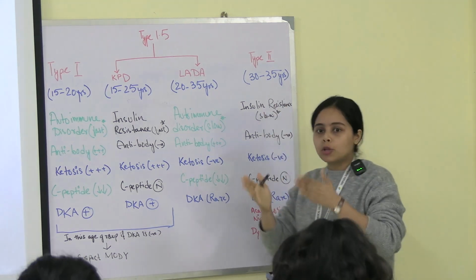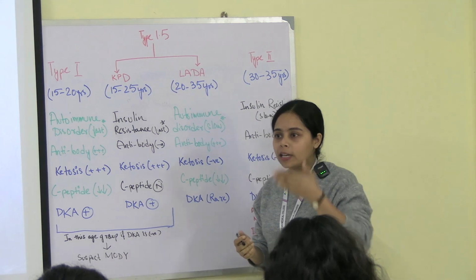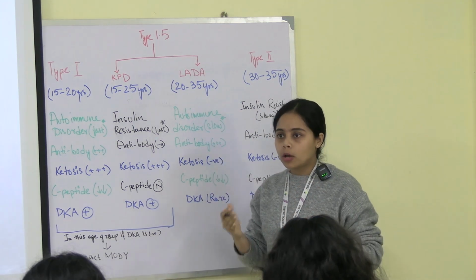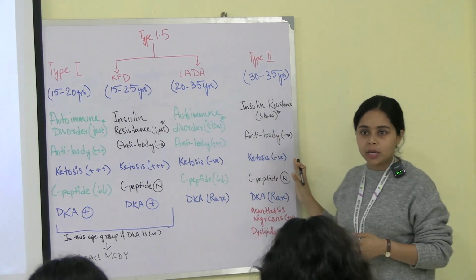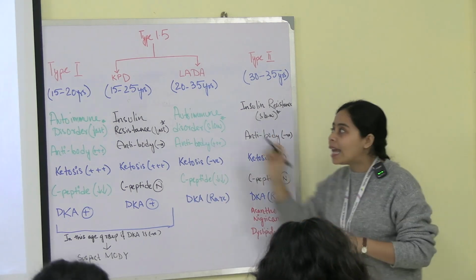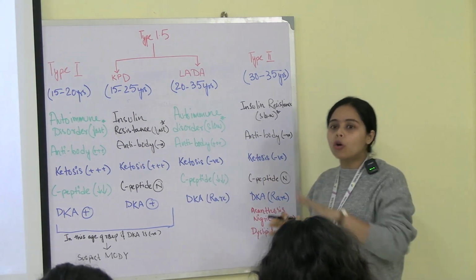So in that process your body is also adapting to it, right? Slowly it is adapting to it. So it is a slow process. Your body adapts to it. So that's why the presentation of a type 2 diabetes patient is not severe like the way it was in type 1. Here it is a slower process.